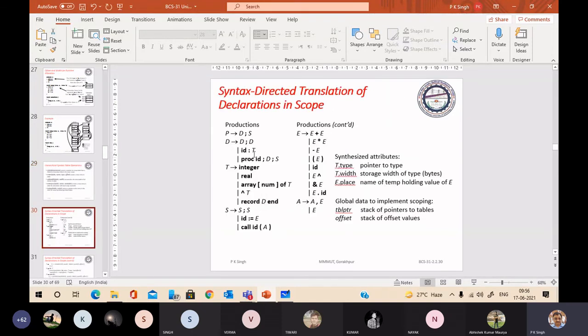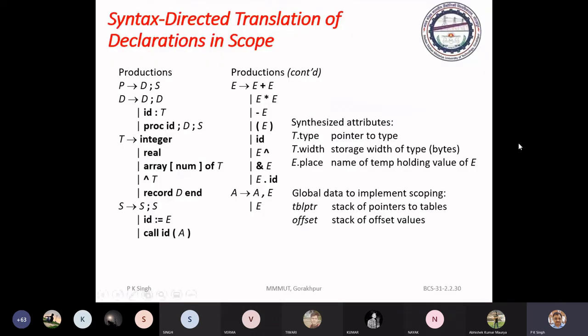First we will discuss the translation scheme for declarations. Actually, this is a small grammar for a language that has very limited capability. Just see this non-terminal P. First, understand the various language constructs represented by the productions.